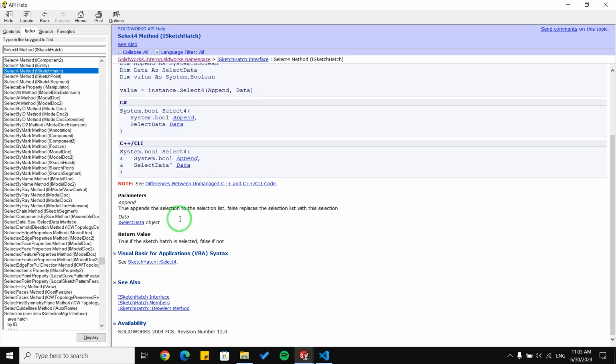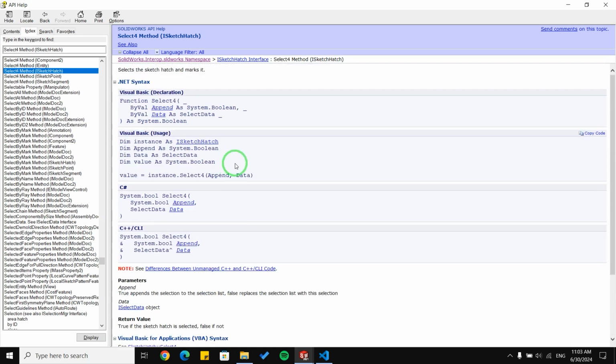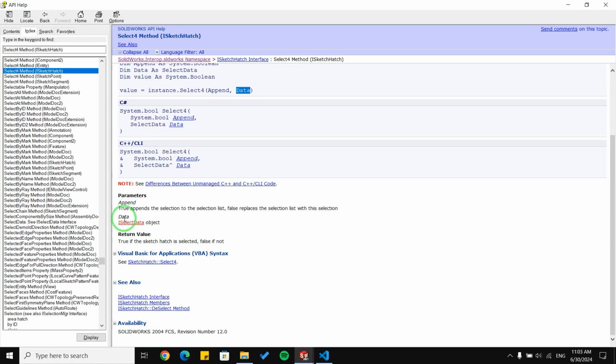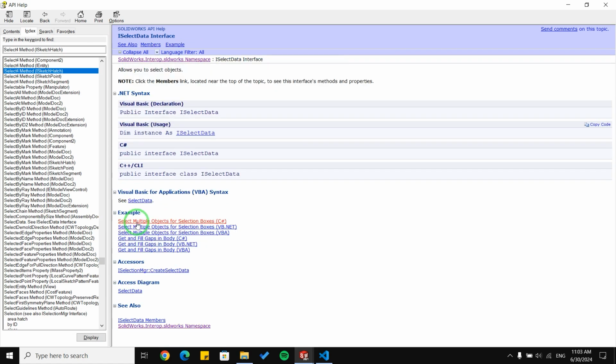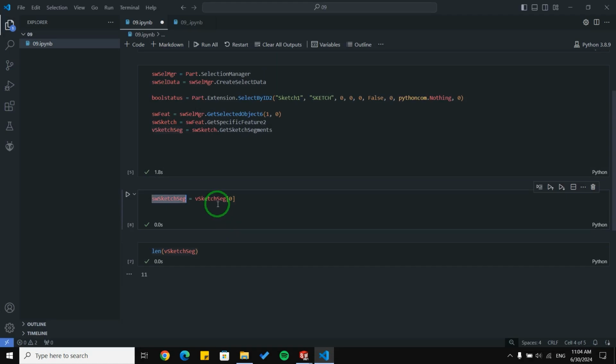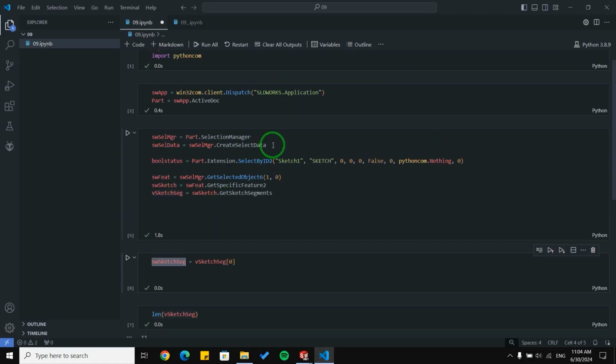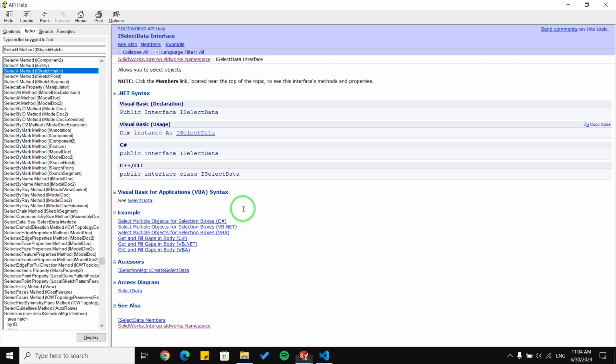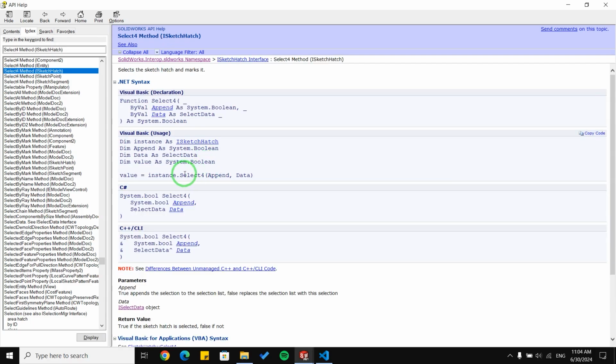If you pass true, it will append the selection to the previous one, and if you pass false, it will replace it. And for the data, we need to use the iSelectData object that we created at the first of the video. You can see it here. We should use this SWSelectData to pass it when we want to use SelectFor.